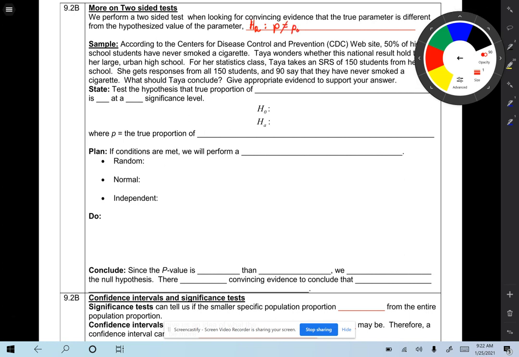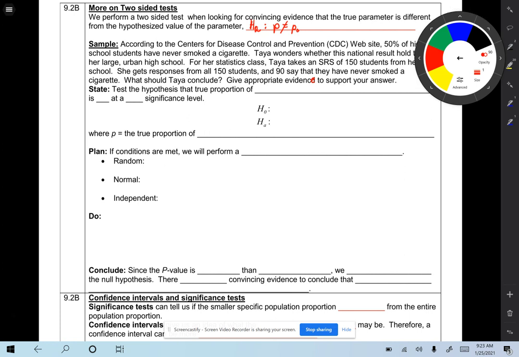According to the Centers for Disease Control and Prevention, the CDC website, 50% of high school students have never smoked a cigarette. Taya wonders whether this national result holds true in her large urban high school. For her statistics class, Taya takes a simple random sample of 150 students from her school. She gets responses from all 150 students, and 90 say that they have never smoked a cigarette. What should Taya conclude? Give appropriate evidence